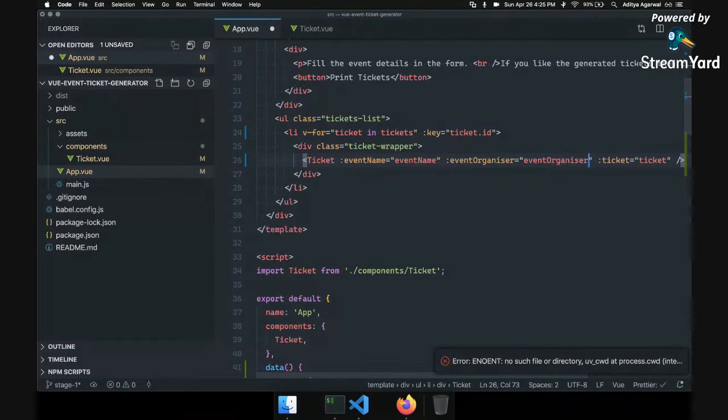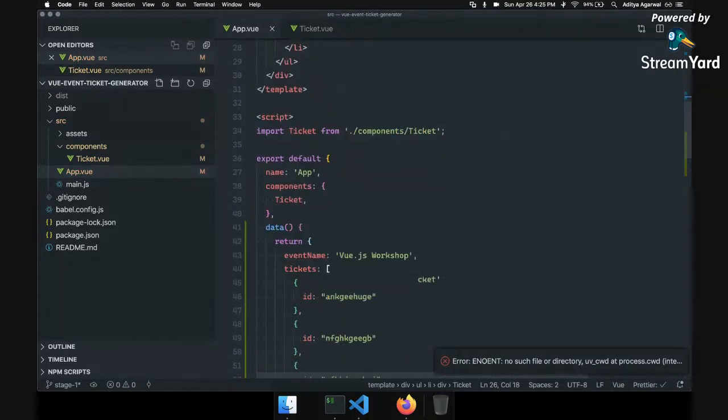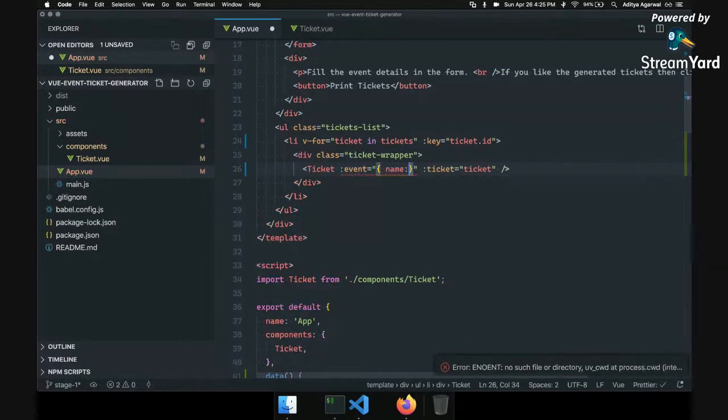But suppose this event thing is a large object, so instead of passing individual keys, you can pass an object here. So let's say I remove this, and let's say that I want to pass an object here. So I say event, and it's an object, and I say name is Vue.js workshop.